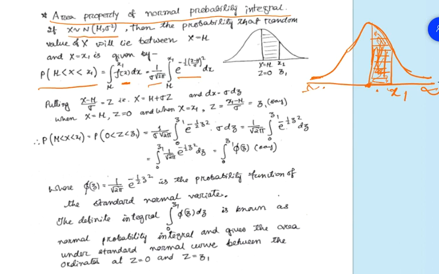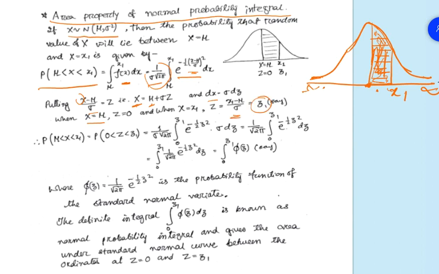Now integrating this function from mu to x1, we write 1 by sigma root over 2 pi outside the integration sign, because this is a constant term. Now let us substitute x minus mu by sigma as z. So x will be mu plus sigma z, and differentiating, dx is sigma dz. In terms of the original variable x, if x equals mu, then z equals 0, and when x equals x1, the value of z will be x1 minus mu by sigma.